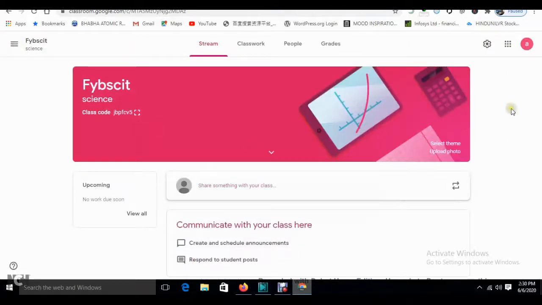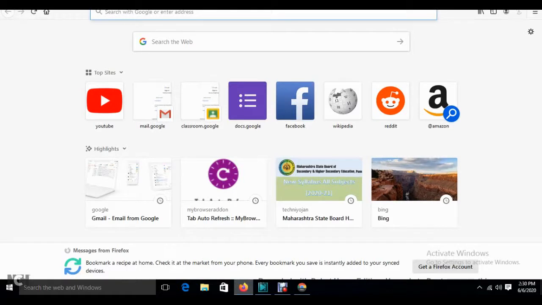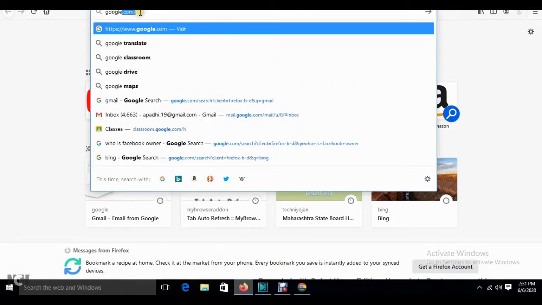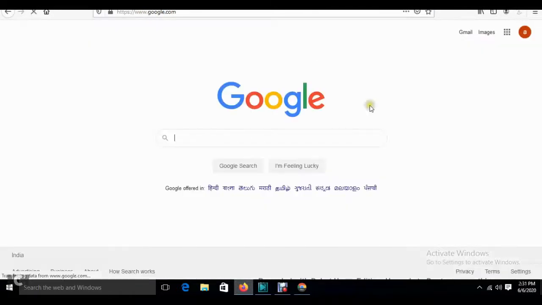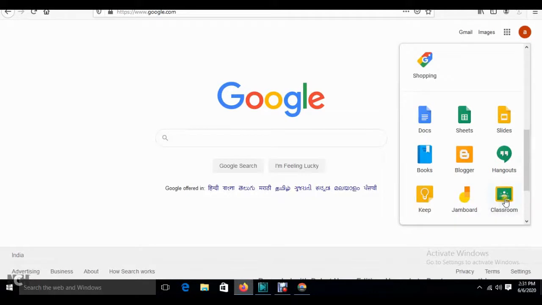Means for students, I am telling, the students could take this class code, and they can directly go to their email ID and join this session from here, or they can go directly to google.com, and again Google Classroom.